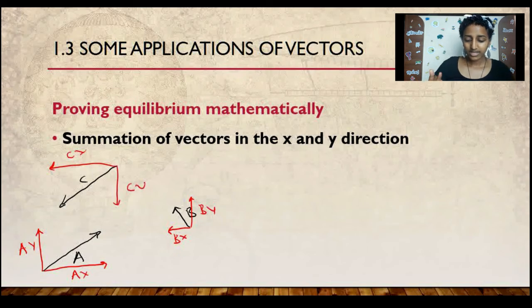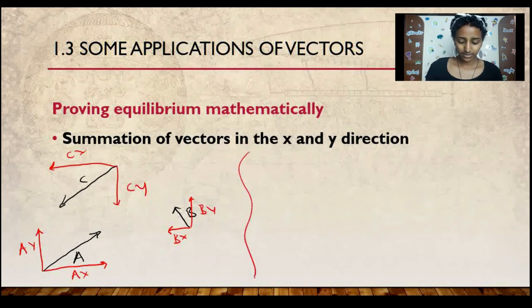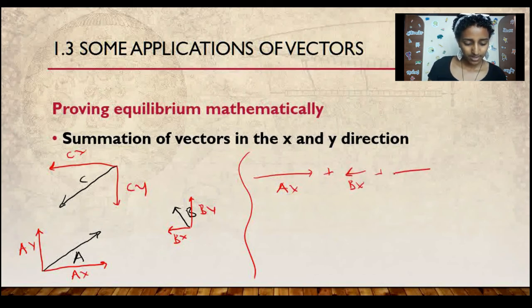You see how even though the vectors are pointed in a whole bunch of different directions, I can always find the x and y components. All you have to do is follow the steps that I mentioned in the previous video. You should probably check that out if you don't know what I'm talking about here. Now, what is the next step? Put all similar components together, right? So I would add AX, BX, and CX, and I would add AY, BY, and CY.